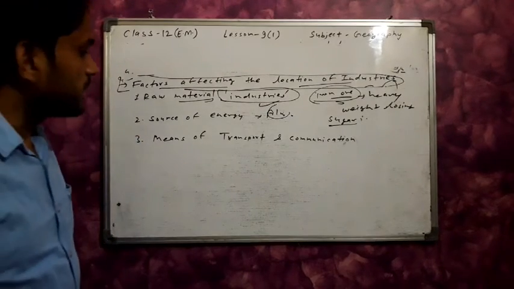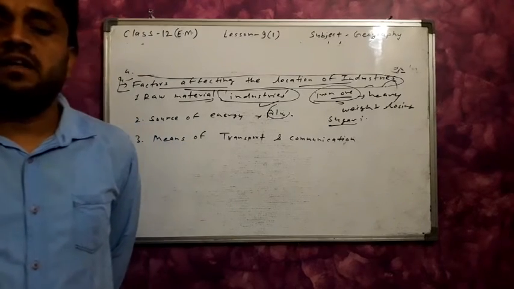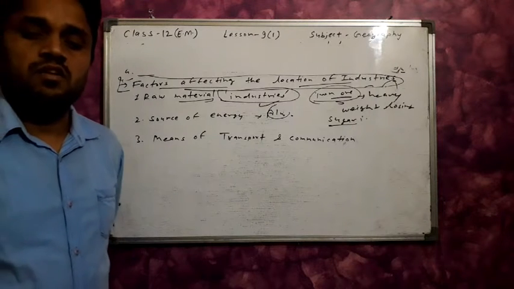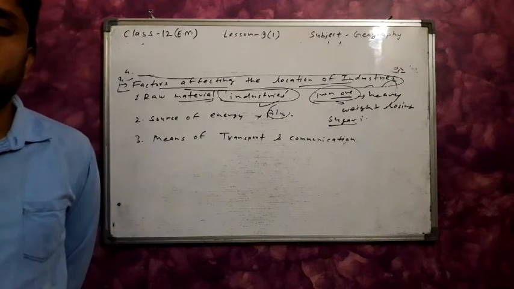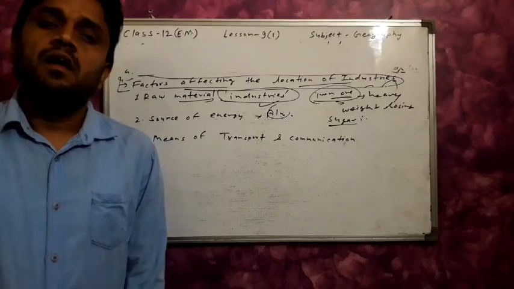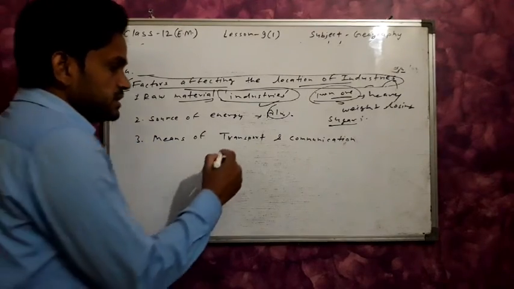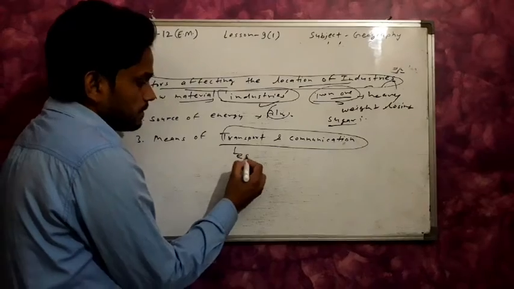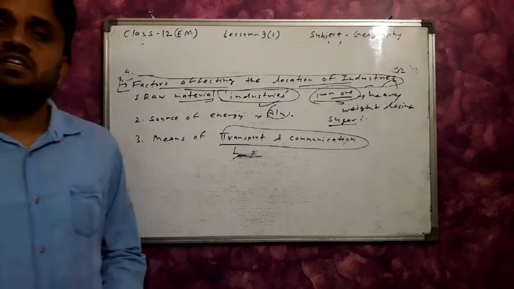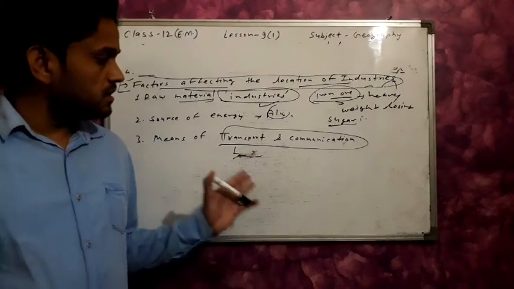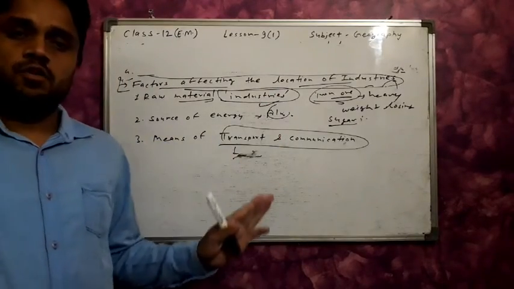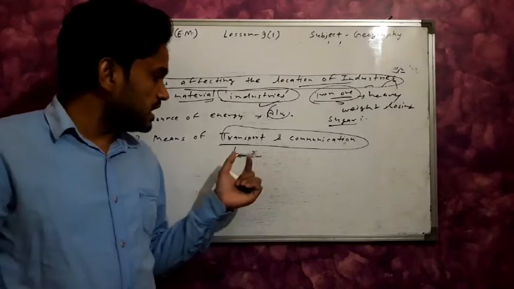Next, here means of transport and the communication. Means of transport and the communication also affect the location of the industry. So frequent and efficient means of transport and the communication are essential for the industries. Then here if transportation and the communication are easy, then the establishment of the industries is better. Then increase here the distance